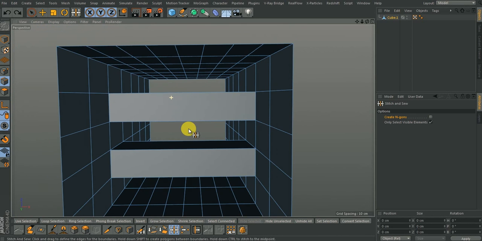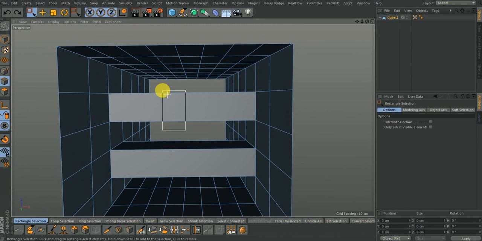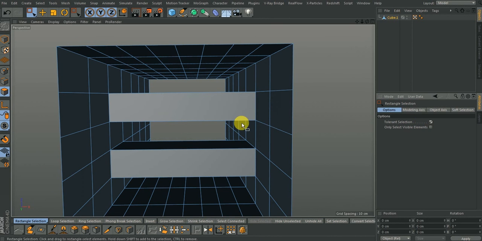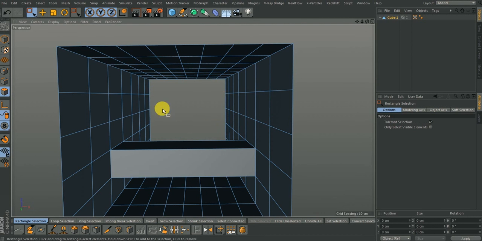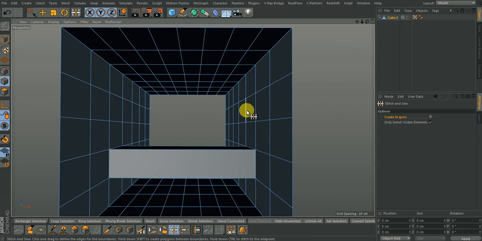So let me delete this polygon. I'll go to polygon mode, select tolerance, so that even if I don't completely cover it, select that and delete. So I have this. So let's see some things here. If I go to edge mode and I hit MP for my stitch and sew, and I try to join this edge to this edge,